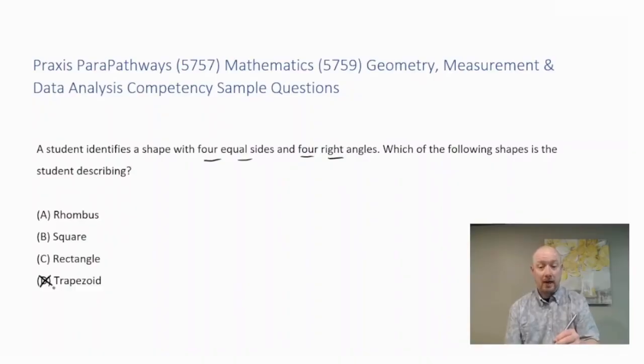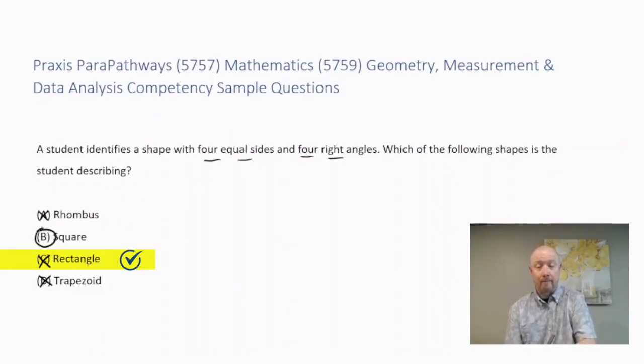Now, let's eliminate some other choices here. Well, a rhombus has 4 equal sides, but doesn't necessarily have 4 right angles, so I'm going to eliminate choice A. Choice C, rectangle. A rectangle has 4 right angles, but it doesn't necessarily have 4 equal sides. The sides do not have to be equal. So I can eliminate choice C. So the correct answer here is the shape with 4 equal sides and 4 right angles has to be a